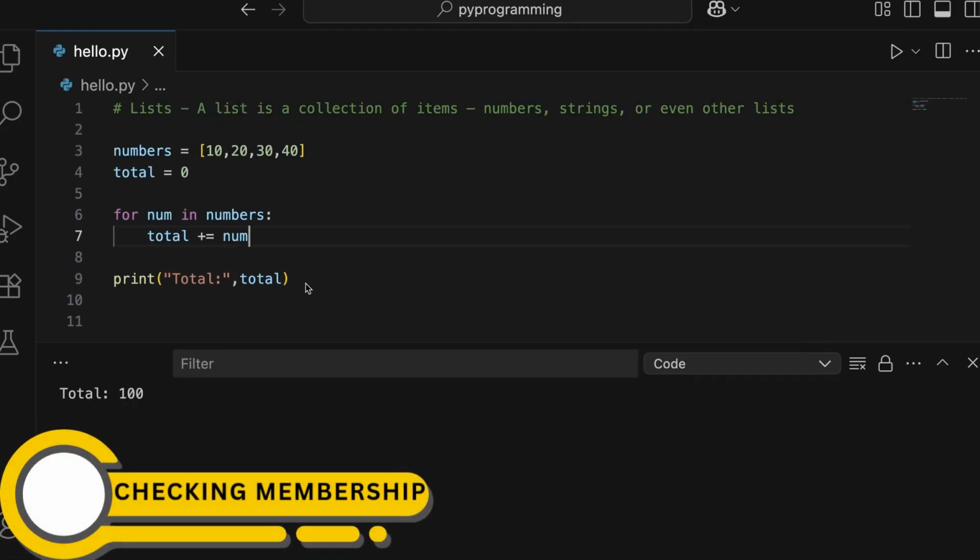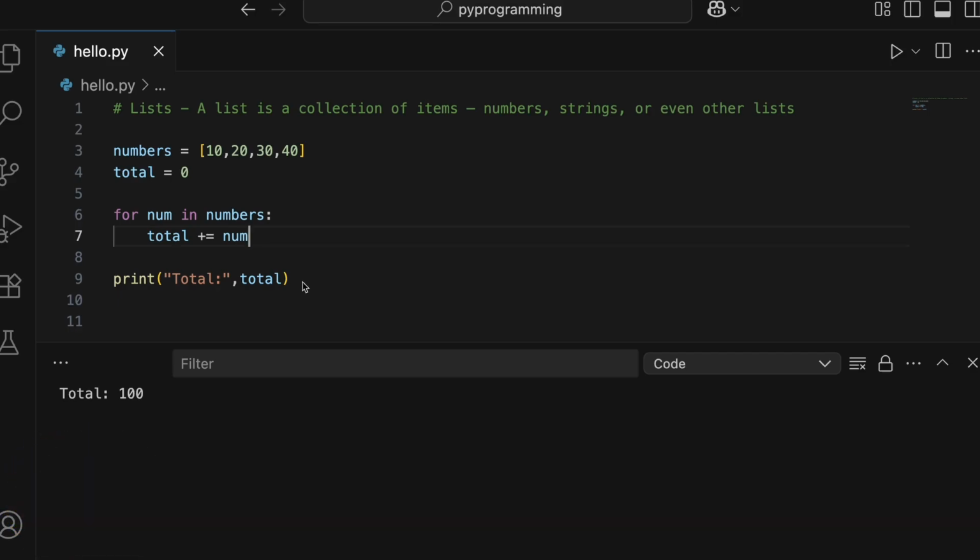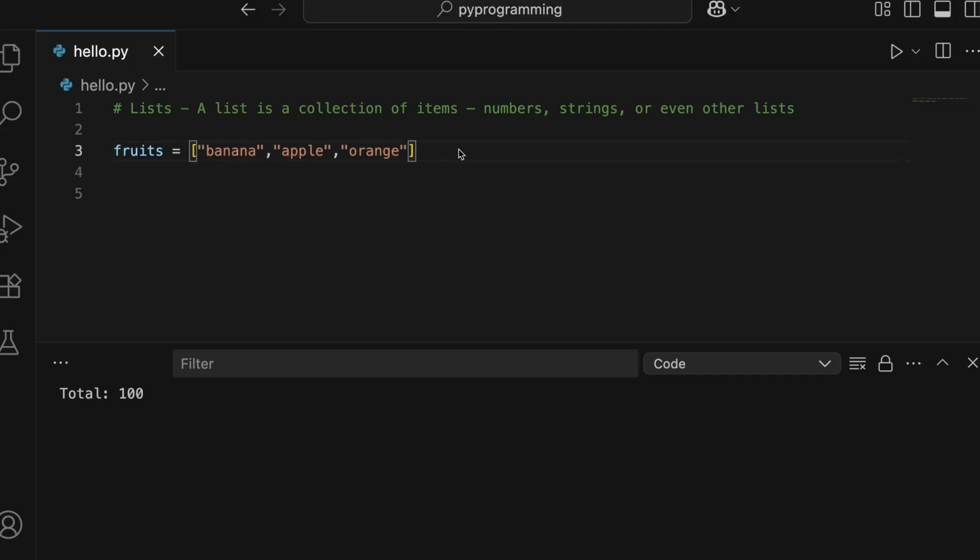You can also check whether a particular element exists inside a list or not. So let me just remove this. So let's say if I have this list and if I want to check if this list contains blueberry or apple or orange, so I can write something like this. If, let's say, banana in fruits. So if banana exists in fruits, then we'll just print something. Let's run this. And yes, it is there. But if I try something else and run this now, it won't print anything, right? We don't have an else statement. So this is how you can check the membership of an element inside a list.